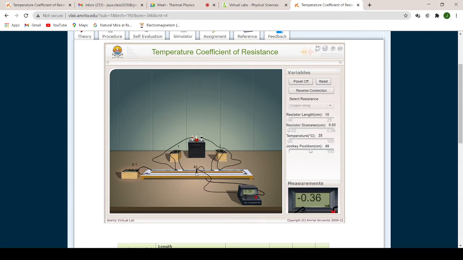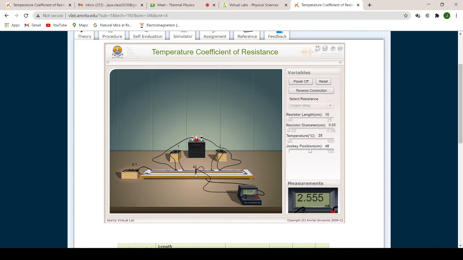Okay. That is usually on the scale when you do it physically. The readings are between 48 and 49. You have 48.1, 48.2 and so on. So when you place the jockey on those places, then it will show you 0 reading. But here that option is not there. I'm just trying it, but you take it to a value which is as close to 0 as possible.